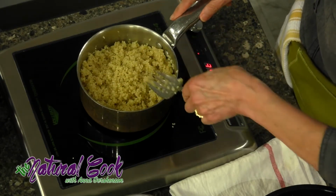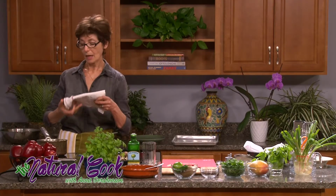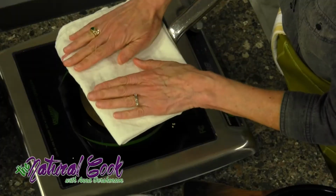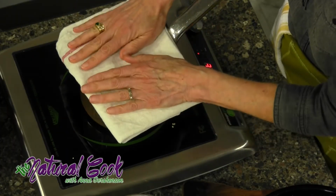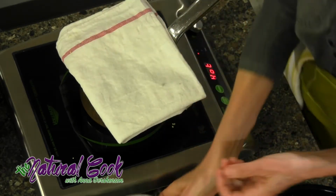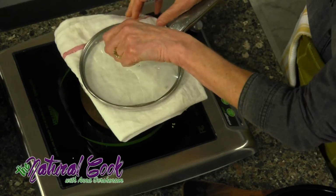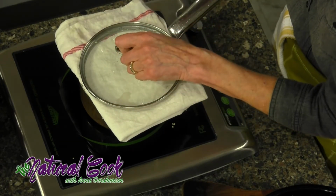And then once it's cooked, I like taking a towel and covering it so that all the moisture is going to be absorbed into the towel, and the quinoa has a chance to kind of fluff up. And so then I would cover it and just let it sit if I want to use it hot. If I want to use it cold,